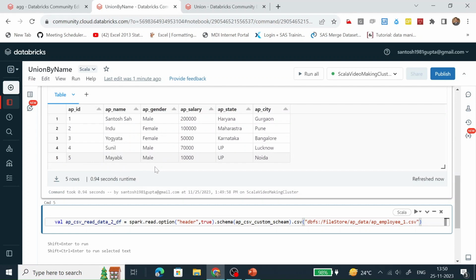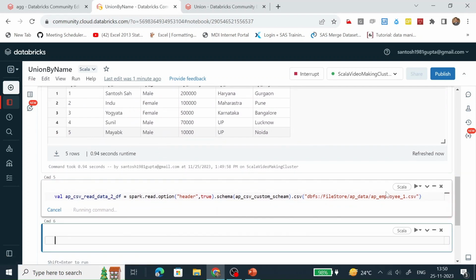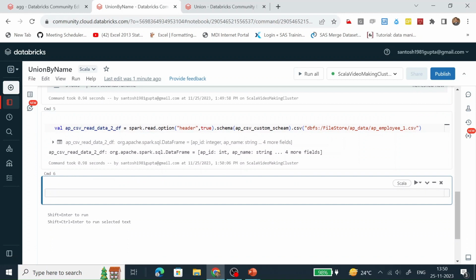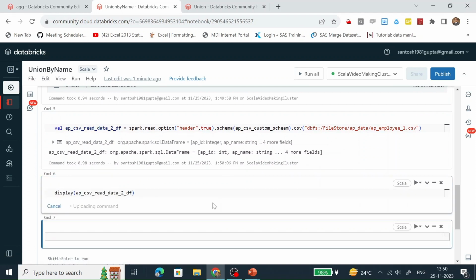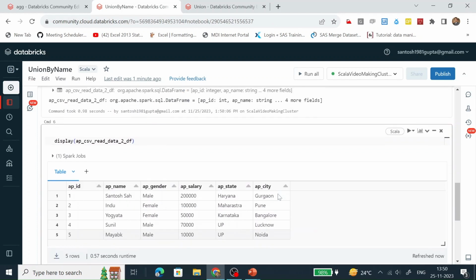There are 5 records in it. Let's create another data frame by reading this CSV file. This data frame has been created successfully. Let's display it. So this is the data present in this data frame.